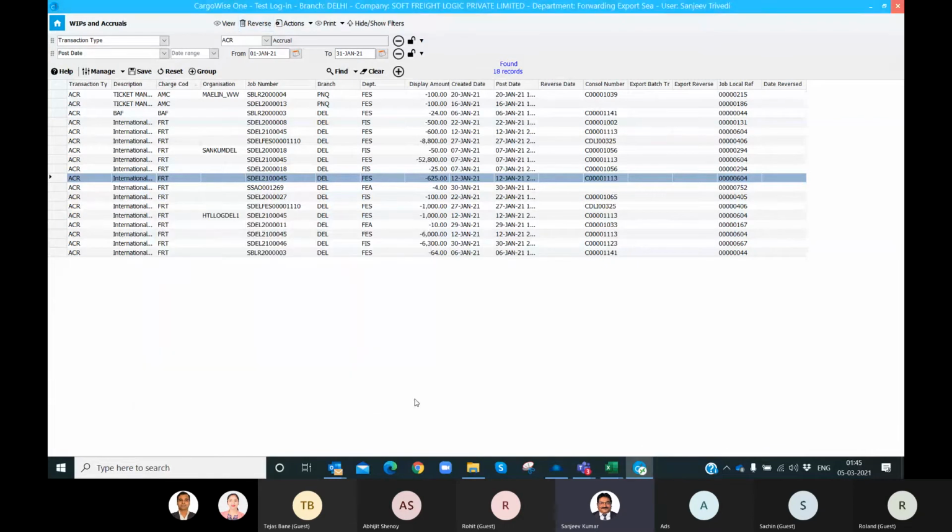It is just like an estimate has been put in the system. Let me show you one thing here. I can show you by going to job management.